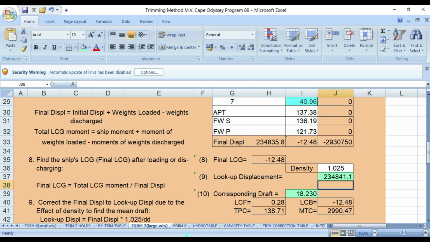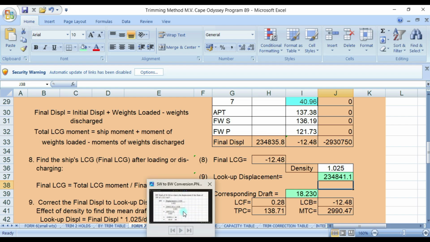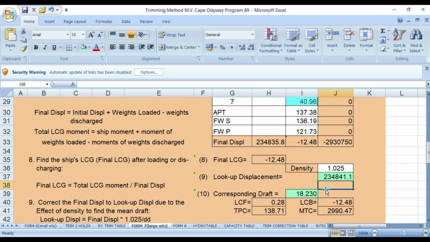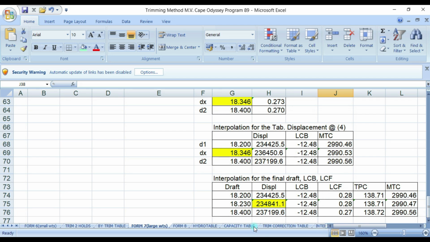Okay, check. Then you get the value of 23484.1, which is 18.23. Here, the value is 23484.1, to be exact.